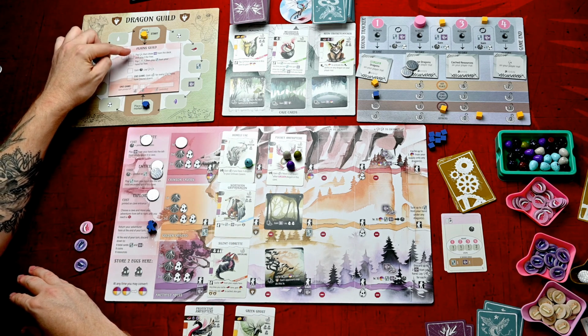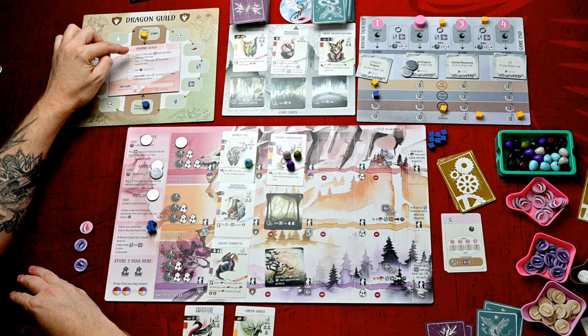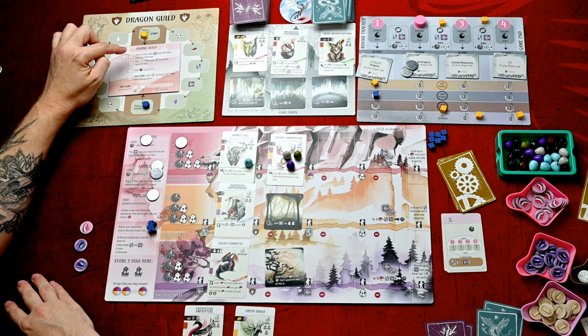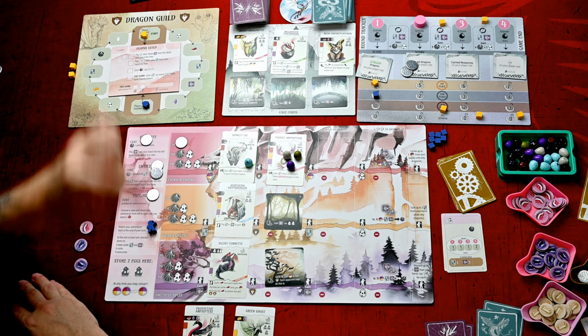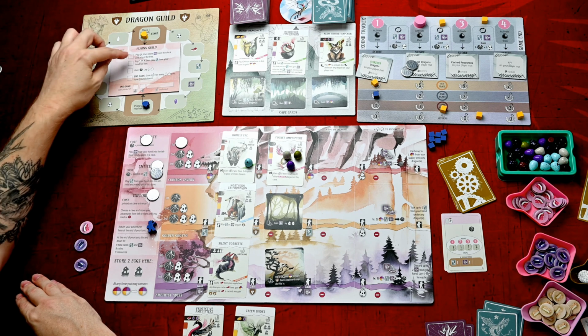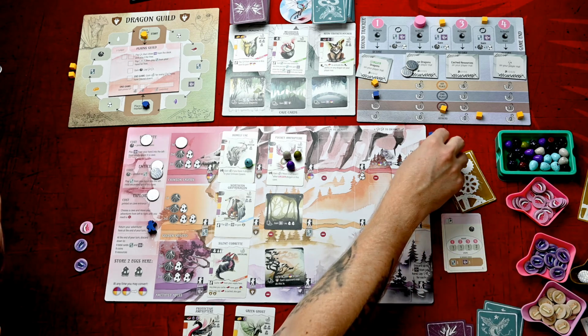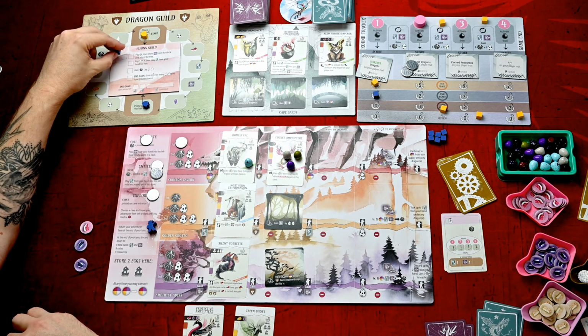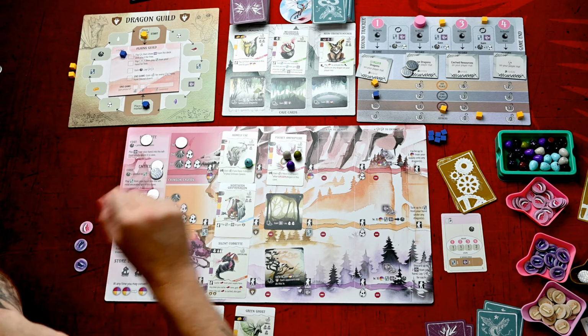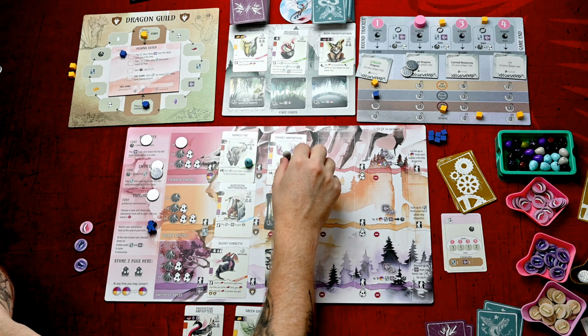So my options are, I can pay an egg, then draw a cave card from the deck and play it for free. That's pretty good. I can pay 2 eggs, then play a dragon from my hand for free. That's also good. I can gain an extra turn and lay 2 eggs. That's also good. They're all great. I think I'm going to take this first top one right here. So this lets me pay 1 egg, then I get to draw a cave card from the deck and play it for free. So let's pay an egg,